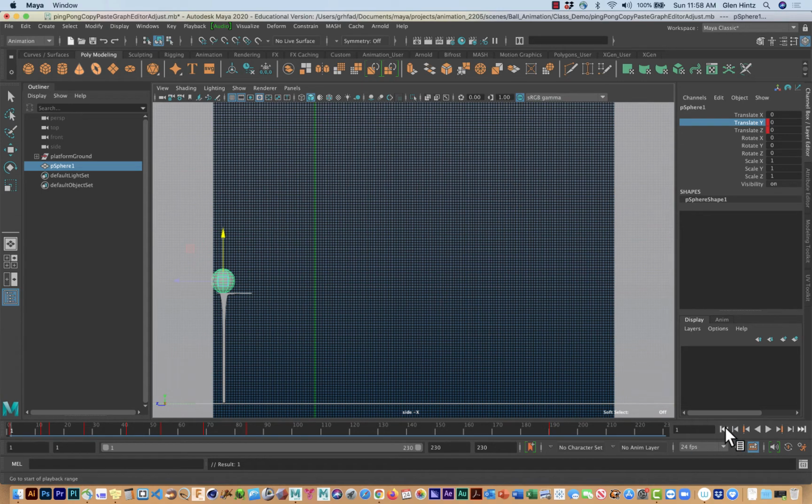So if we look at what we've created so far, we've got a bounce and a bounce. Now the problem is the bounce looks more like it's floating. You know, the ball is just kind of gradually coming down. Now remember we talked about that ease in and ease out